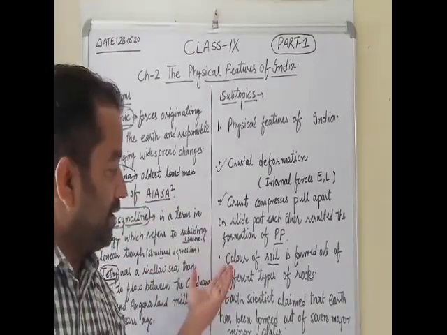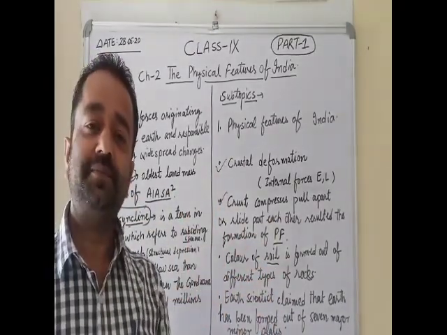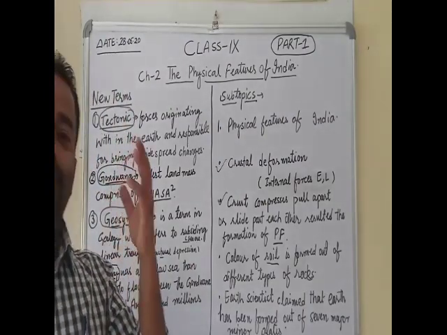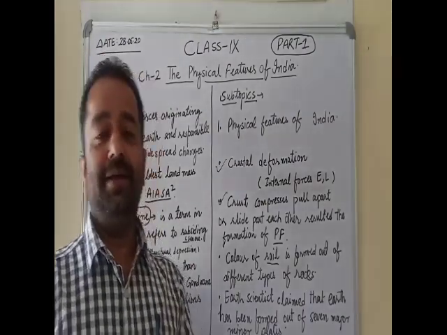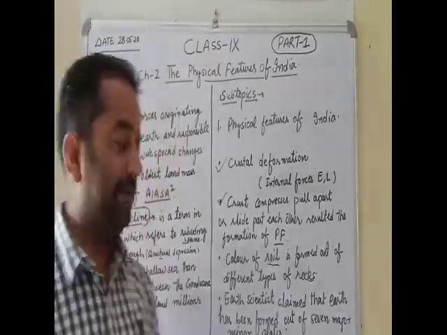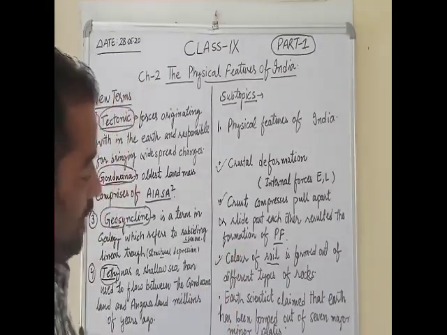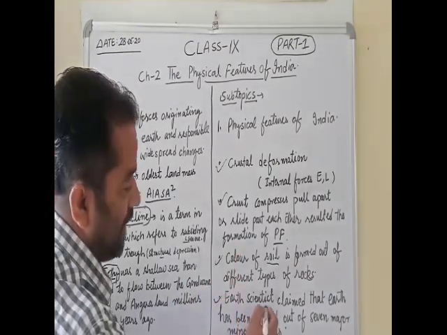Different types of soil found in India, okay, such as alluvial soil, black soil, desert soil, laterite soil, clear, many more. So this one is clear to you. Next very important thing is earth scientist.